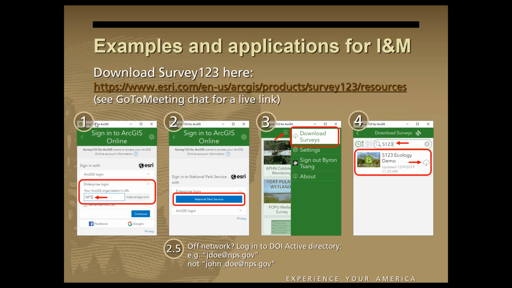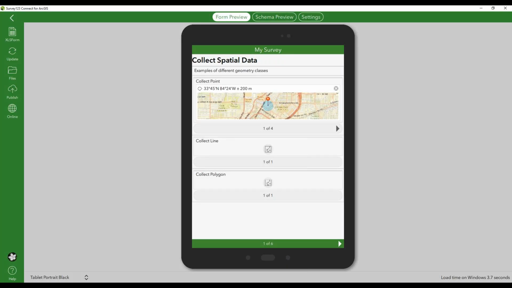So let me switch here. Okay, there it is. So what you see here is, this is not technically Survey123, this is Survey123 Connect,